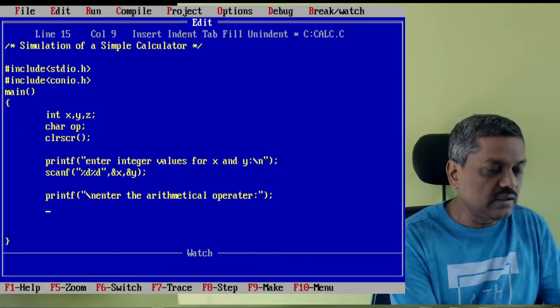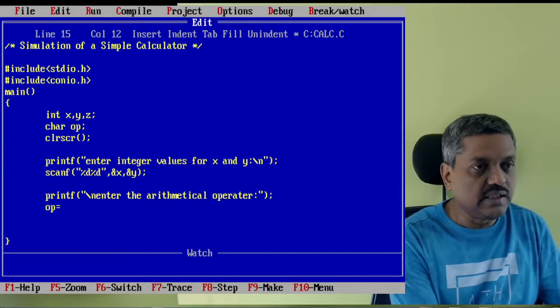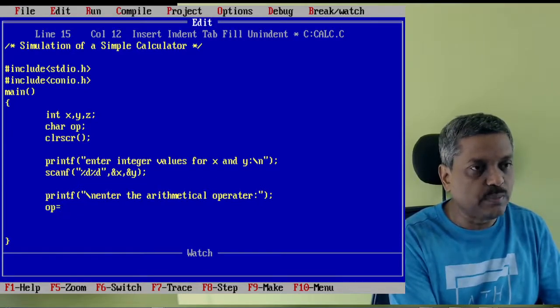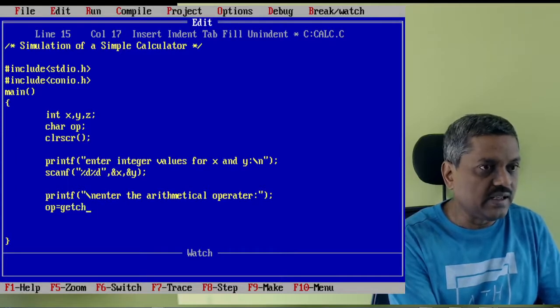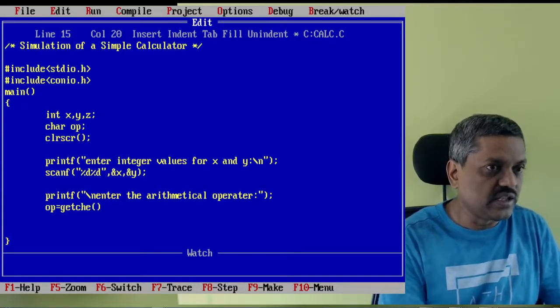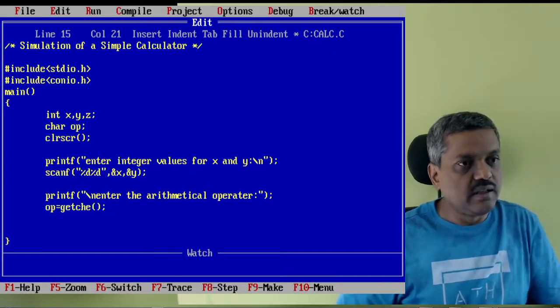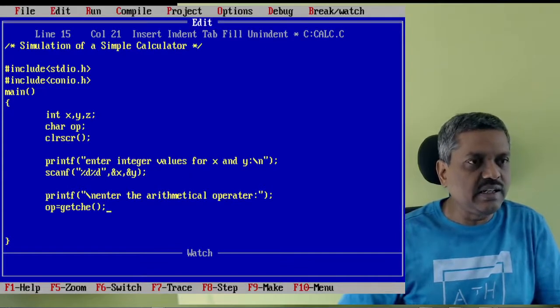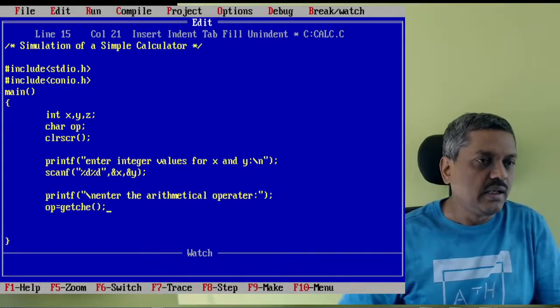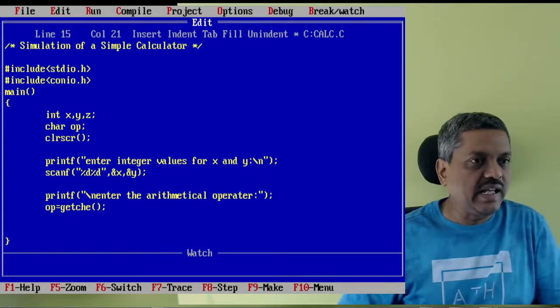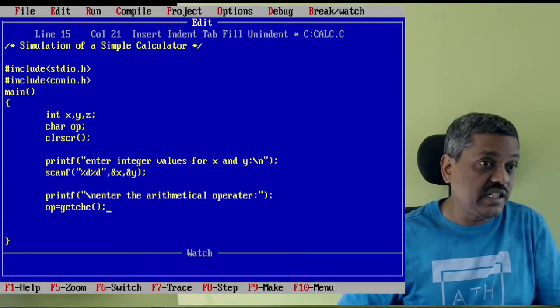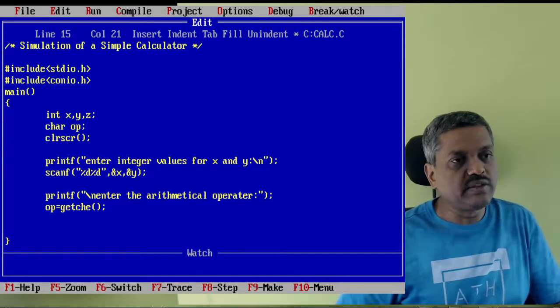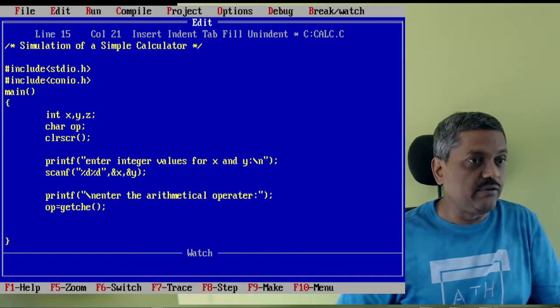So this is a different way. We are not going to use the scanf function over here. Instead, we are going to assign the character, because it is capable of reading only one character. This is a function I am trying to use: getche, E for echo. It reads a character, as simple as that. But what is getchar, getc or getche? E is for echo. That means it will indicate what has been read. That is very, very important.